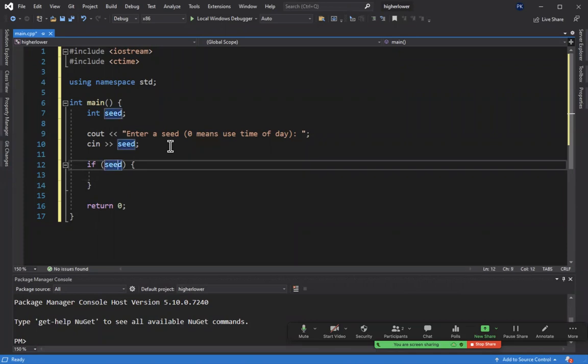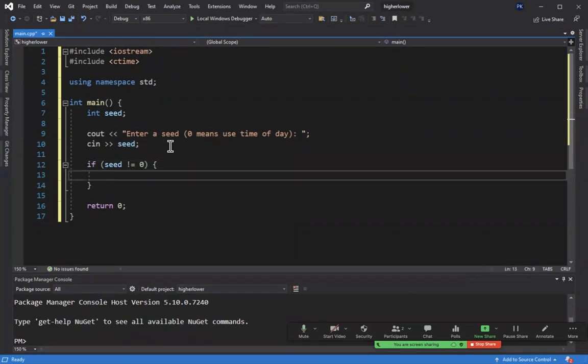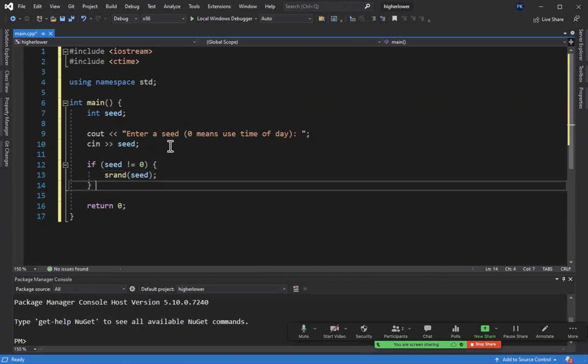So I could have said, if the seed is not equal to 0, that's the same thing. So if the seed is not 0, use it to initialize the random number generator. That's done with a function called srand. Okay. Otherwise,